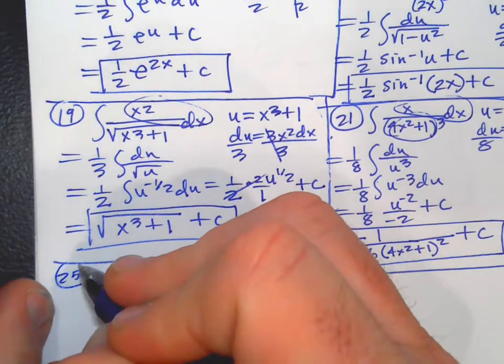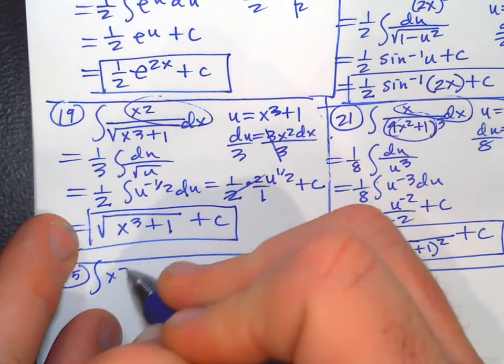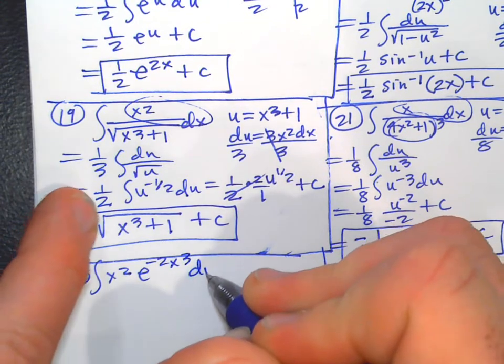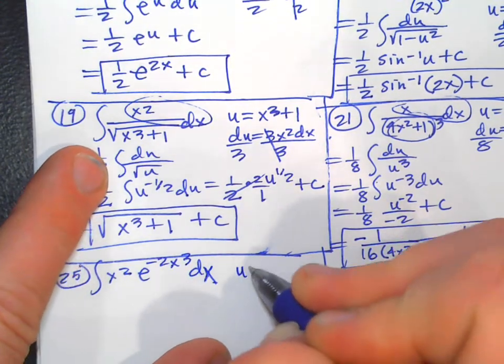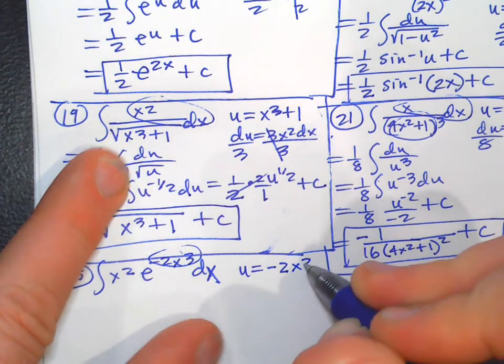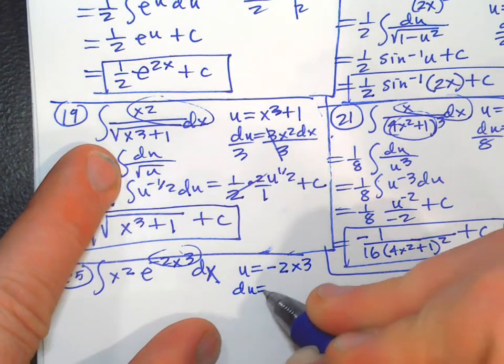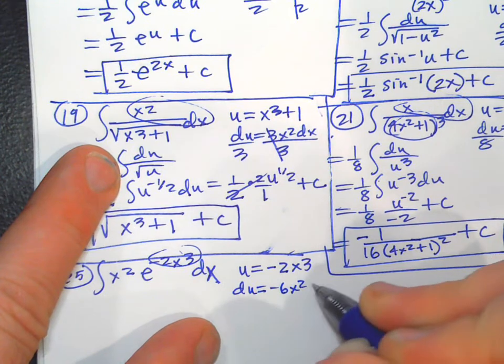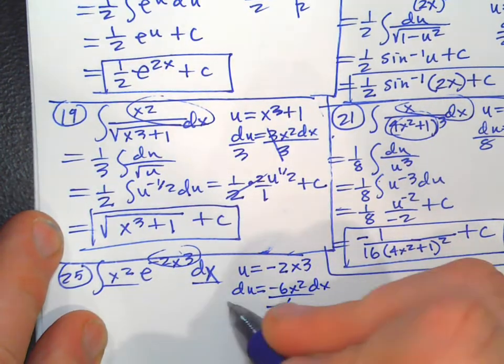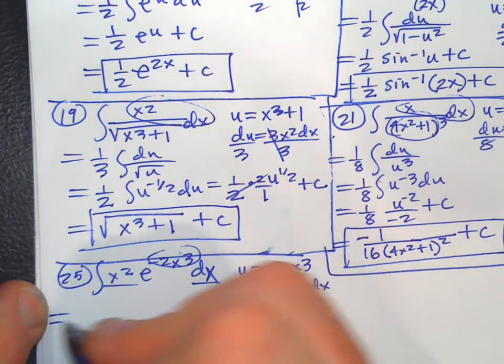25. x squared e to the negative 2x cubed dx. Well, I think I'm going to go for that. u, negative 2x cubed. du is negative 6x squared dx. Perfect. I want an x squared dx. I don't want the negative 6. So it's going to be negative 1/6